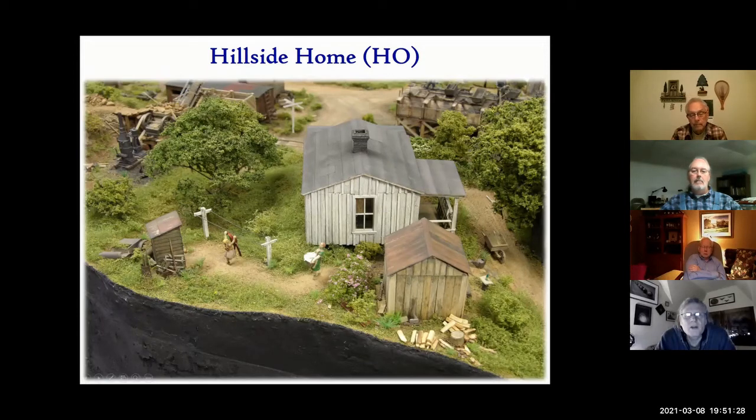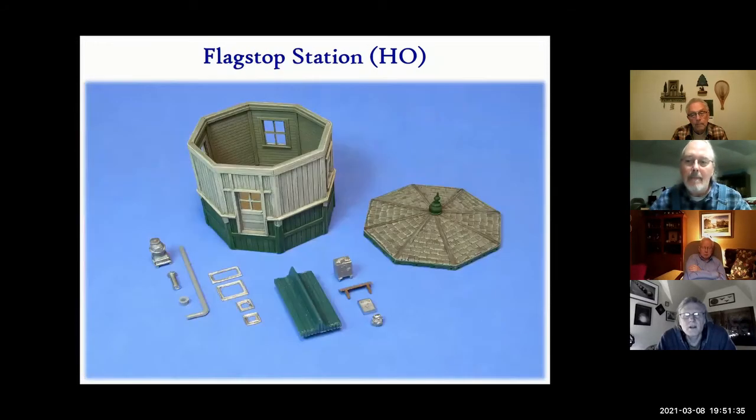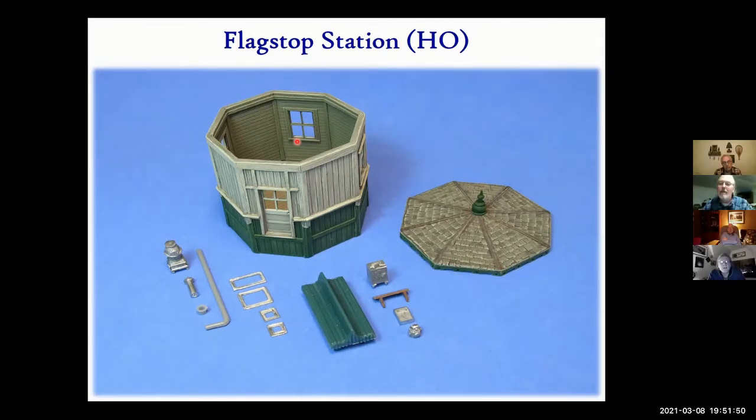All right, we'll conclude with this structure. This is the Flagstop Station at Pines Inlet, again, an HO n30 module building. It was a project to use styrene to see if walls could be simulated at scale thickness. This is a lamination of two different types of Evergreen scribe siding. And then all of the trim is just wood, and the windows and the doors are tissue or Grant Line castings. So it was really somewhat of an experiment to see if it